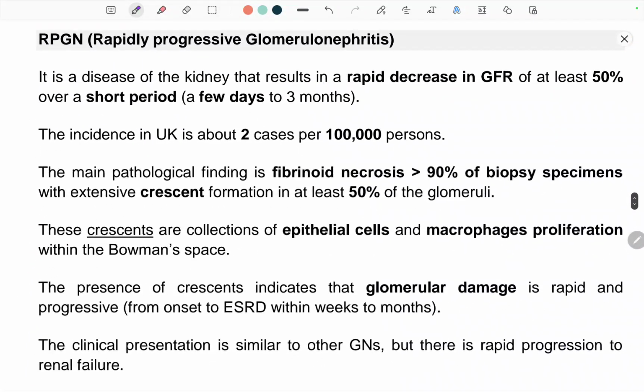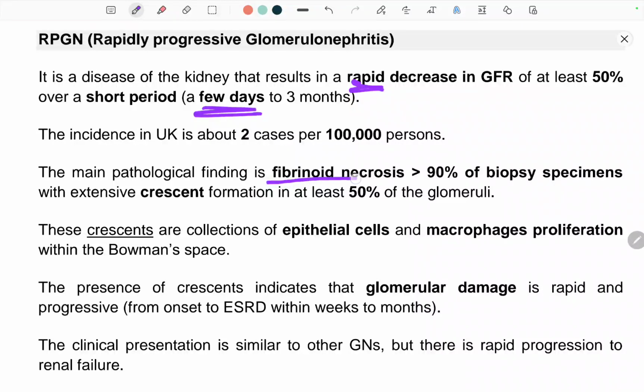Rapidly progressive glomerulonephritis. It is a disease of the kidney that results in a rapid decrease in the eGFR of at least 50% over a short period of time, a few days. Incidence in the UK is about 2 cases per 1 lakh persons. The main pathological